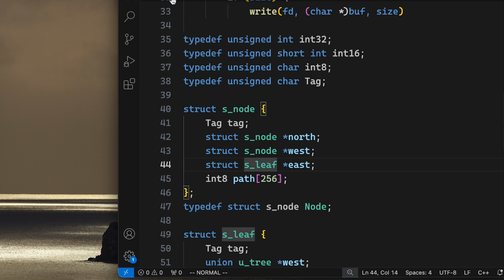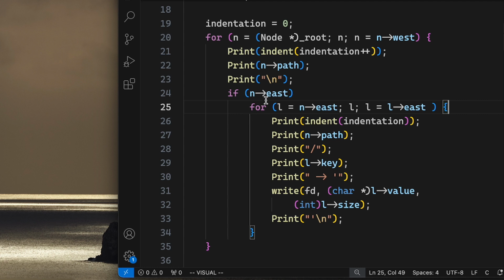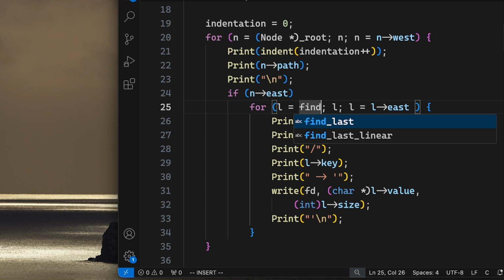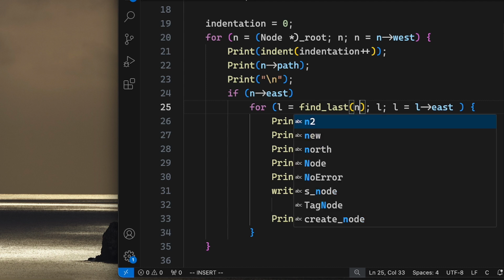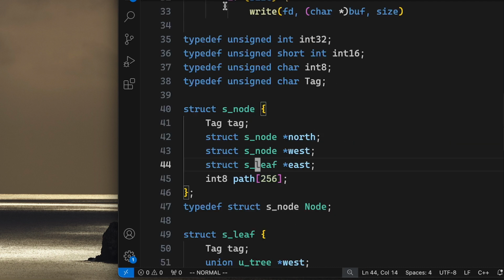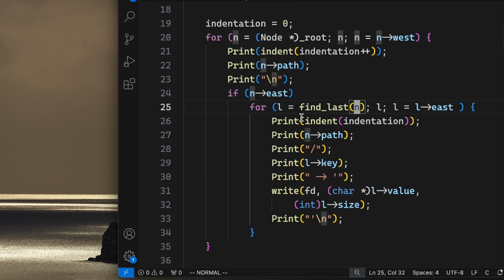Okay, so let's try something different. What if we begin at the last leaf on the branch and we travel to the left instead? So if we set L to, let's see, we do have a function called find last, and I think we only need to give this a starting point. Let's check the signature. So it's an alias for this, find last linear, and it takes a node. So we give it L,